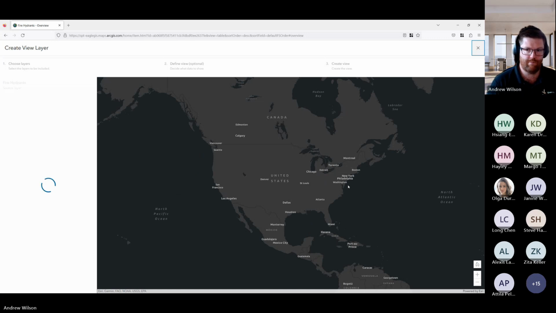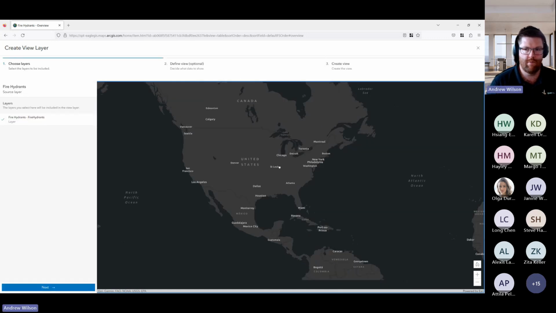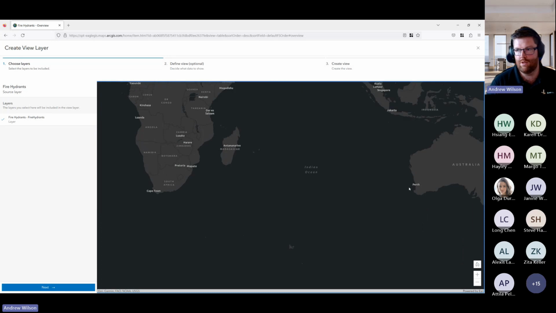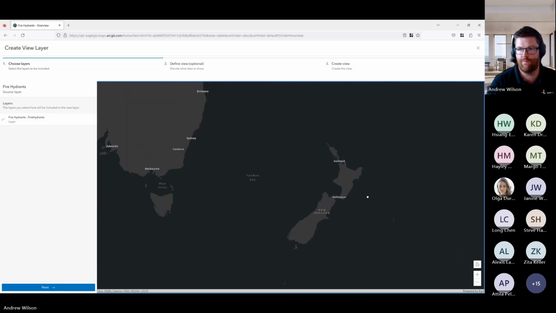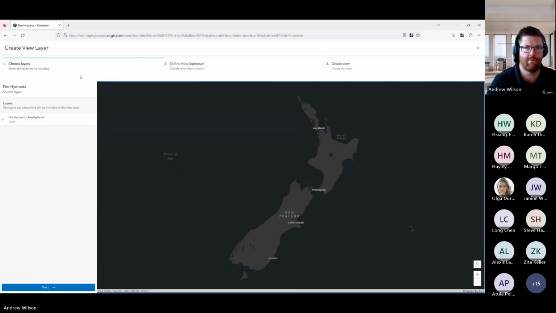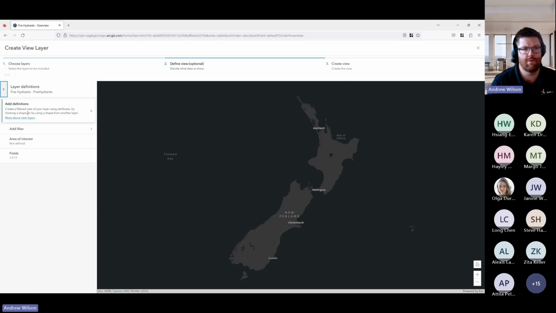So we're going to move from the States to little old New Zealand over here. I'm going to select that layer and go next. So now we're going to define our view.